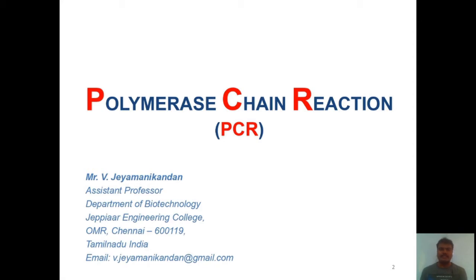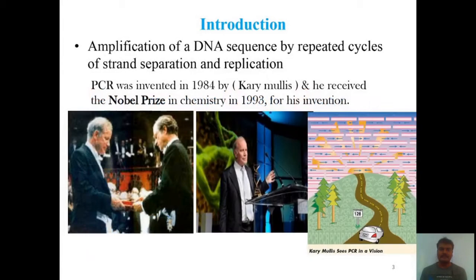Okay, let's see what is PCR. PCR, polymerase chain reaction, involves a repeated cycle of DNA denaturation and amplification. As a result, we are getting many copies of DNA. That is polymerase chain reaction. With the help of polymerase enzyme, we repeat the cycle of strand separation, annealing and extension. By continuously repeating these cycles, we can get many copies of DNA.